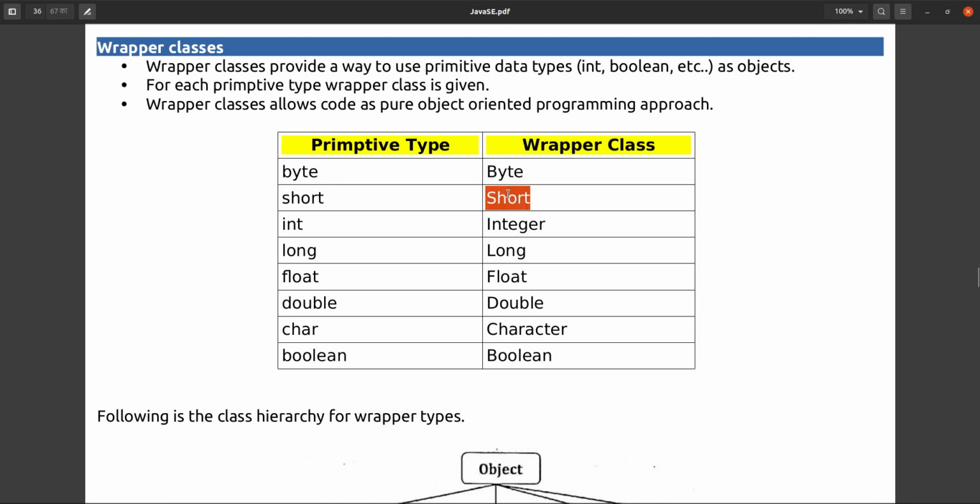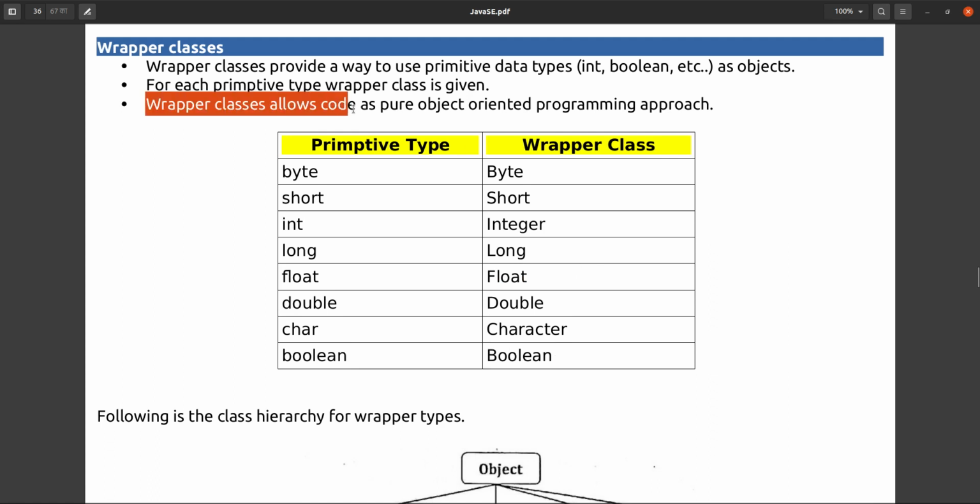Short: S is uppercase. For int, the class name is Integer. Long, class name is Long. Float, class name is Float. Double, class name is Double. Char, class name is Character. Boolean, class name is Boolean.